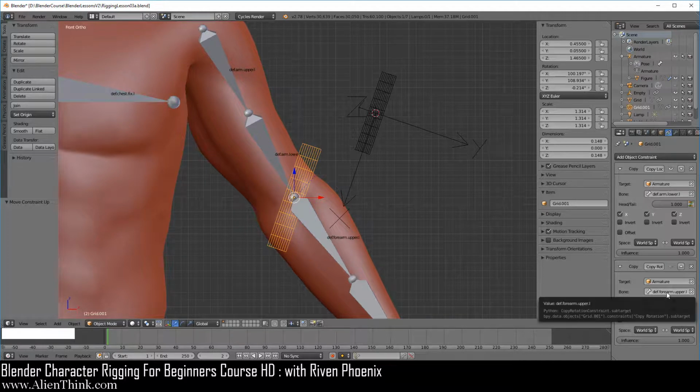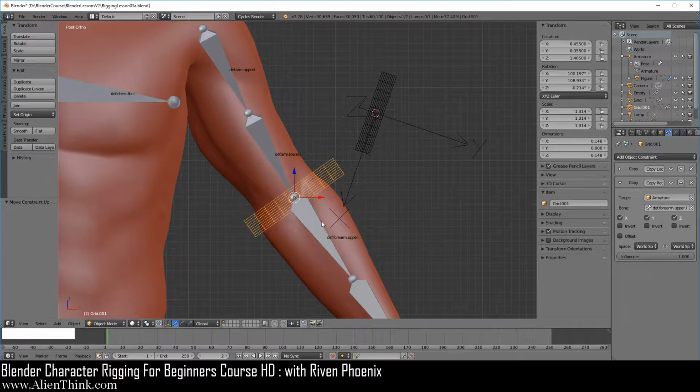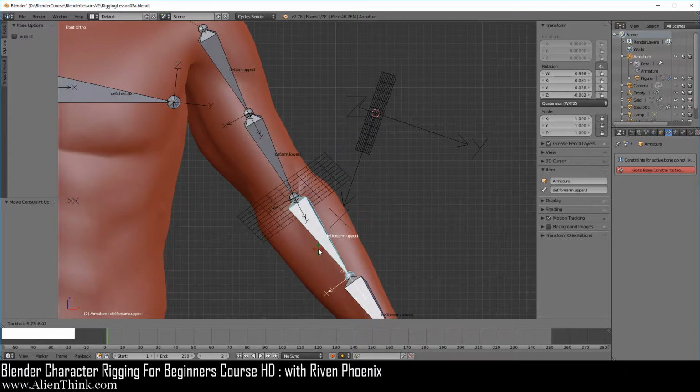Now over here we of course have to tell this bone to copy the rotation of this, so it's already here. Just go ahead and turn this on and collapse this. Now over here, when we click on this bone and press the R key, this is actually not correct, right?